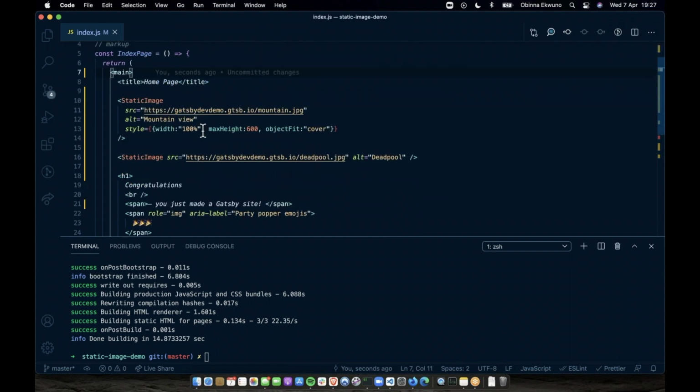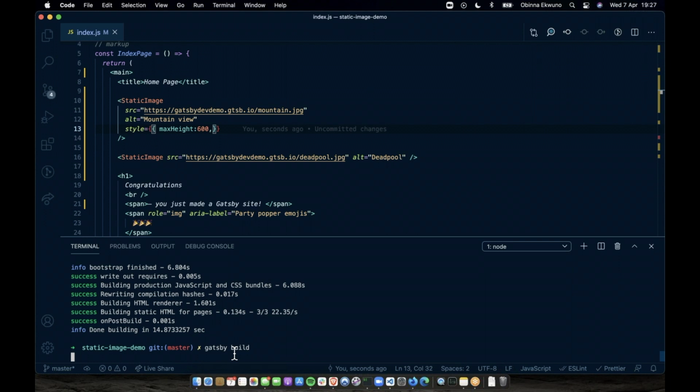And then I'm going to take away some of these stylings, because Gatsby's static image component comes with these by default, just for hero images. And I'm just going to leave this here, and I will build again.